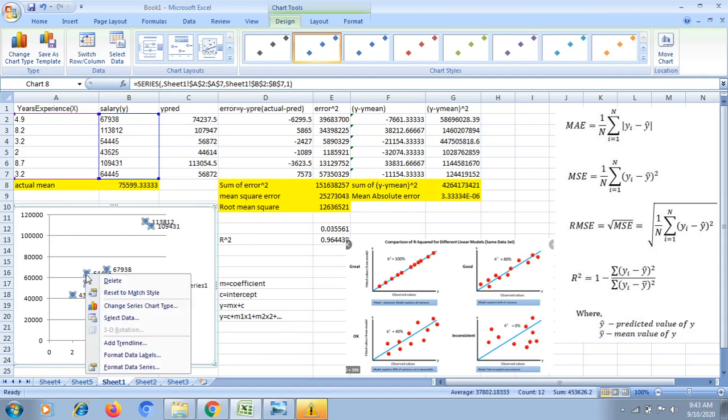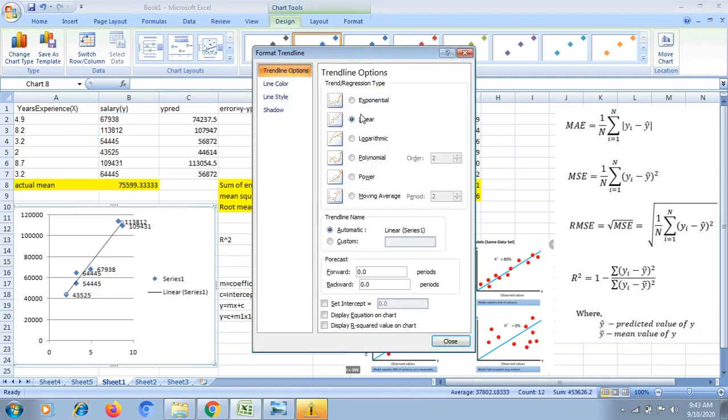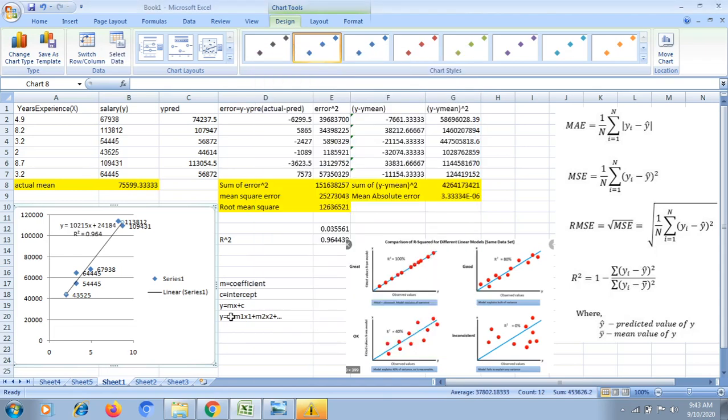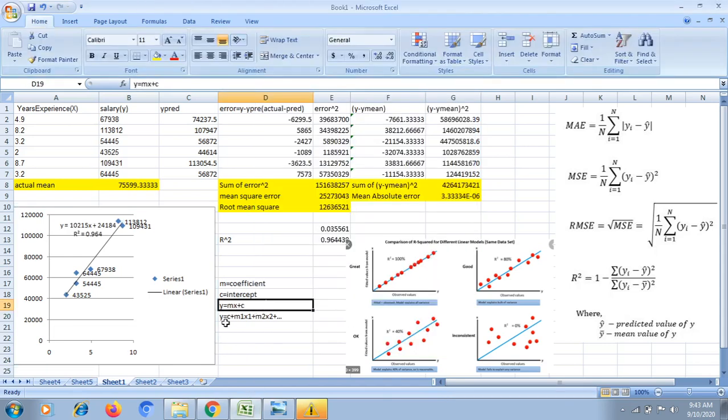For example, I want to predict my data using our model, so I add the trendline, and here I got the prediction of my model. I am drawing the line between the samples. I got the linear regression equation and also the R square value. This is my simple linear regression equation: y equal to mx plus c. Y is my dependent variable, x is my independent variable, m is the coefficient of x, and the intercept is c.